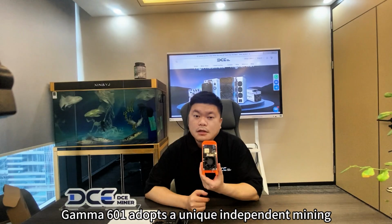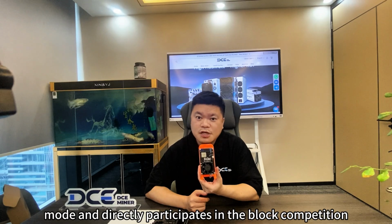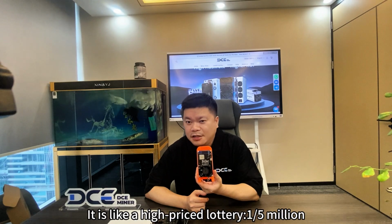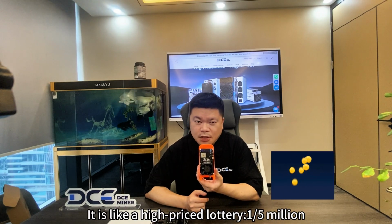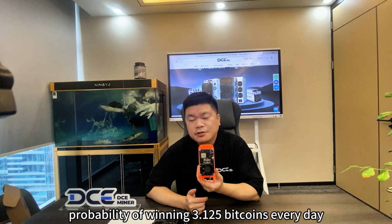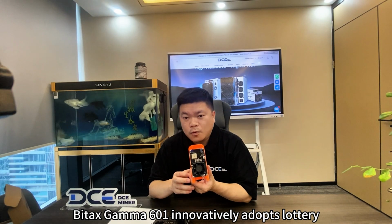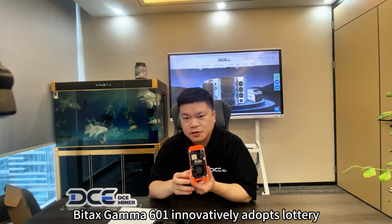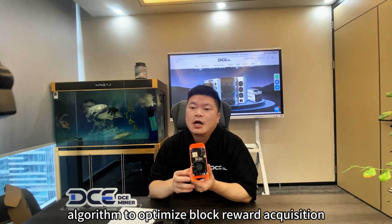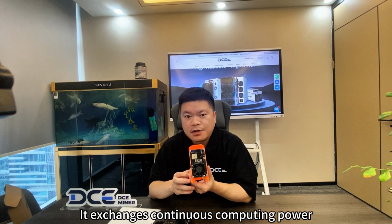Beautiful. Gamma 601 adopts a unique independent mining mode and directly participates in the block competition. It is the high-priced lottery. 1 over 5 million probability of winning 3.125 bitcoins every day. Bitaxe Gamma 601 innovatively adopts lottery algorithm to optimize block rewards acquisition and exchange continuous computing power for the chance